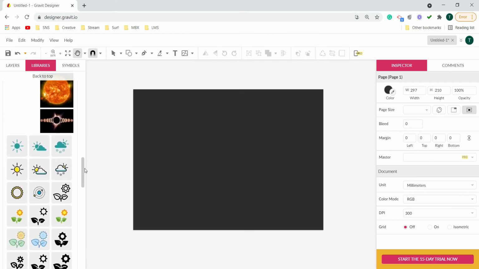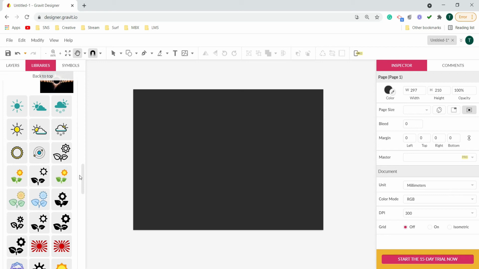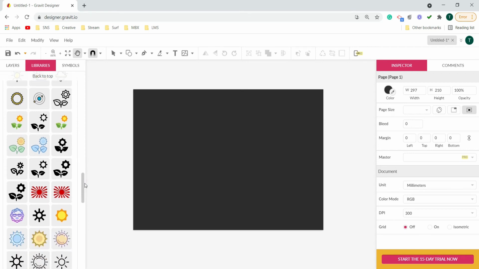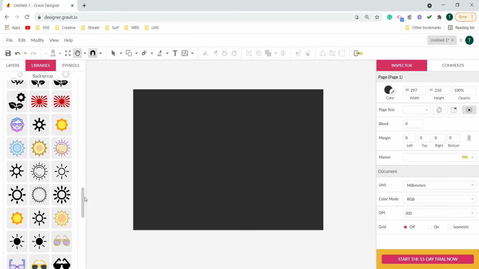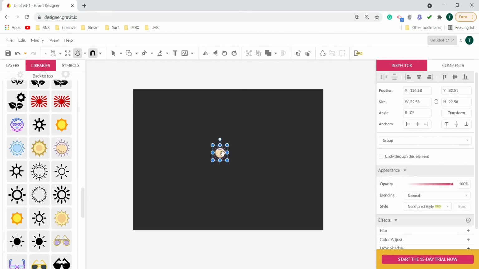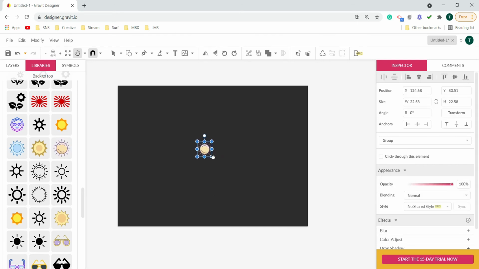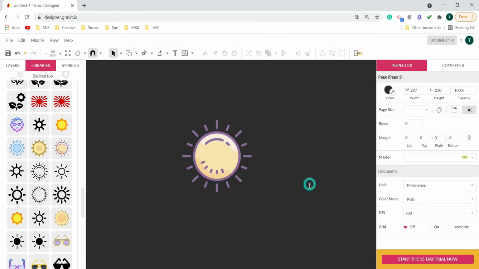I'll scroll down and look for some of the designs of the shapes. So here are some different designs. I think I'm going to choose this one. Let's bring it out over here. It's a bit small, so I'll increase its size a bit, around this much as of now, and let's place it into the exact center. Now if you look at this, although by the shape it is looking like the sun, I am not happy with the color of this shape.